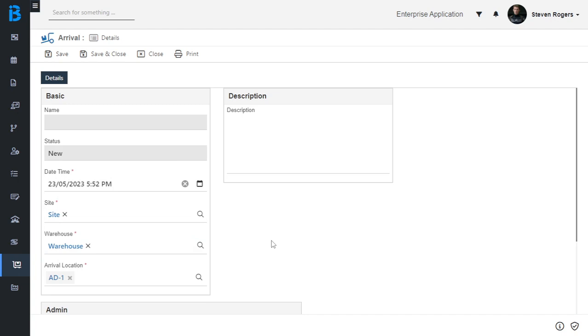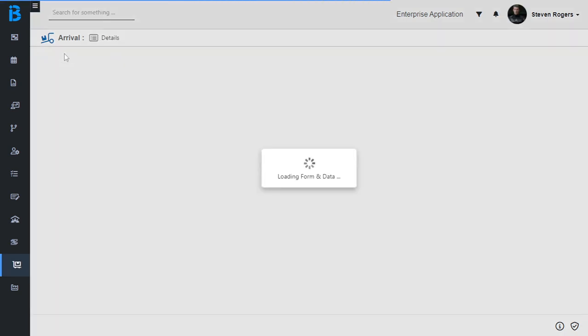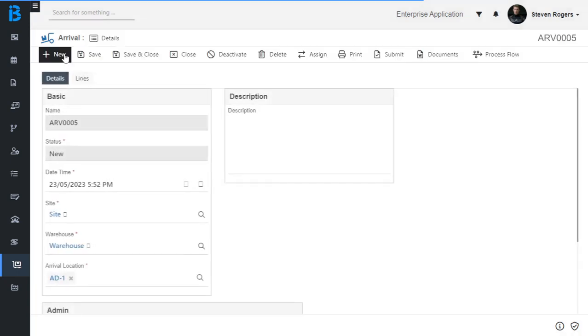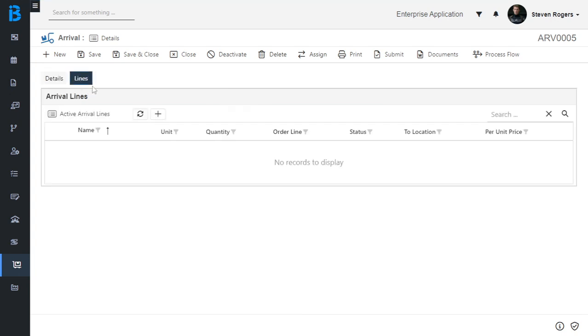After successfully adding the details on arrival form, click on save button to save this record. Here you can see the detail page of arrival having lines tab beside the details tab. Click on the lines tab.